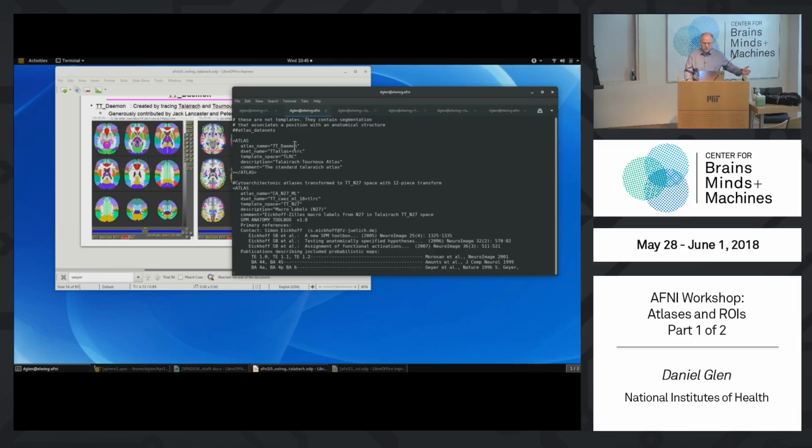So the first one listed is the Talairach daemon. It says what the file is, the TT Atlas plus Talairach, as this is the name and this is the file, and what space that atlas is in, and then some description. And then if you go down here, you'll see that the